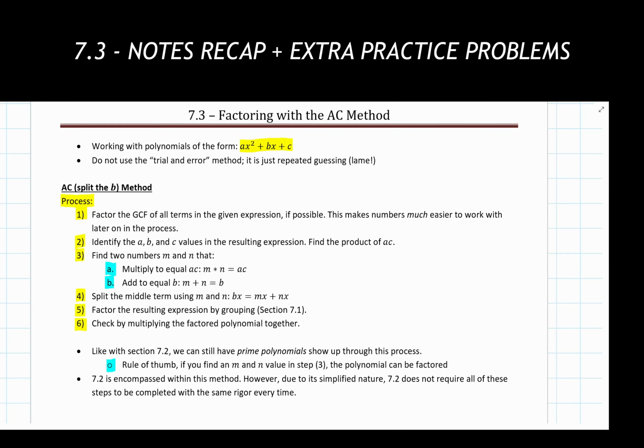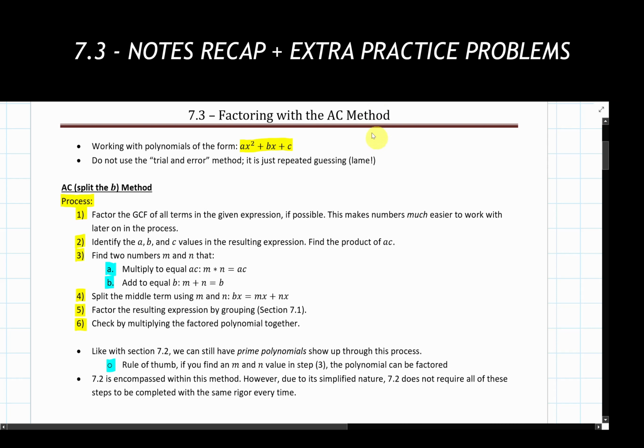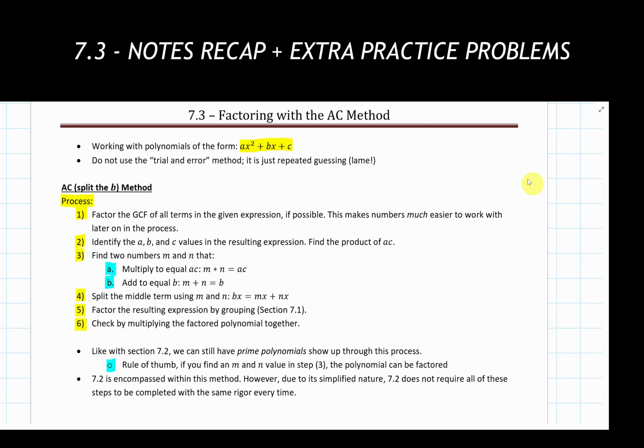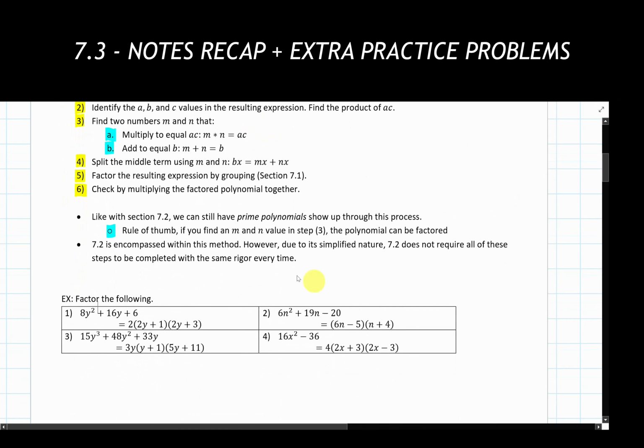So there we have a couple examples of factoring using the AC method. Again, if you haven't, I would highly recommend that you take some time to write down the notes, or at least the highlighted portions of the notes that are listed here for yourself, so you can reference these on your own or modify them and write them out for yourself accordingly. The examples that we went through are listed right below here. We didn't go through example 3 because I want to give you something that you can work through on your own here with the answer provided. Some practice.